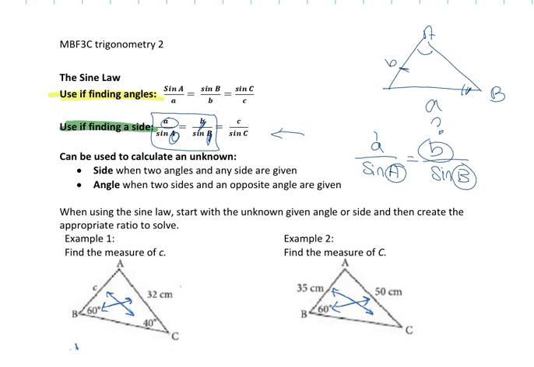Okay? Now in the other case, if you're looking for an angle, you need to have two sides and an opposite angle. Okay? So you need to have two of the sides and one opposite angle. So that example would be